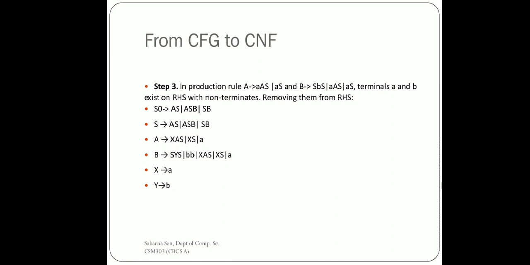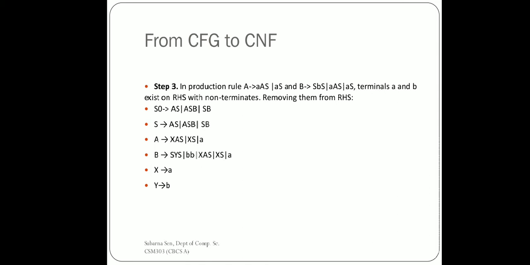Now we are moving to step 3. What step 3 is saying, you can see in the production rule, capital A derives small a, capital S. It has small a, capital S, and all that, whatever the production rules are written there, it is not following the property that a CNF should follow, because capital A is deriving small a, capital S, which is not a standard form of CNF, so we have to convert accordingly, right?